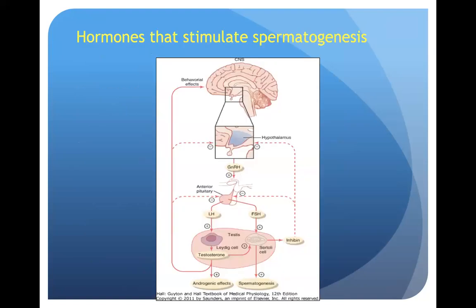So what are the different hormones that stimulate your spermatogenesis? As mentioned earlier, it is controlled by the anterior gonadotropic hormones. From your hypothalamus, once GnRH is secreted, this will stimulate your anterior pituitary to produce LH and FSH. The role of LH is with that of your testosterone. It will act first on your Leydig cells to produce testosterone. And then your FSH will act on the Sertoli cell to either produce inhibin as well as to stimulate